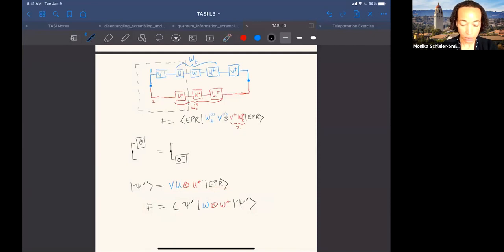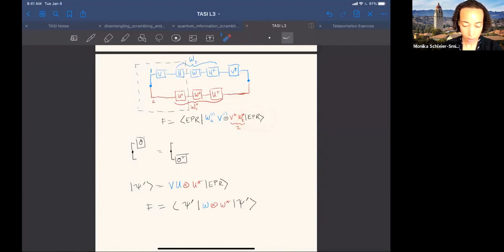But actually the thing that inspired this approach: this gives a recipe for measuring one particular out of time order correlation function involving these operators V and W. But if what you care about is not specifically how much information has spread between two points, but just some averaged out of time order correlation, averaged over all possible operators, which gives you a generic measure of scrambling, it turns out there's a protocol essentially based on quantum teleportation, taking advantage of this entangled state, that gives you a measure of this average out of time order correlation function that quantifies scrambling in the system. And this is actually inspired